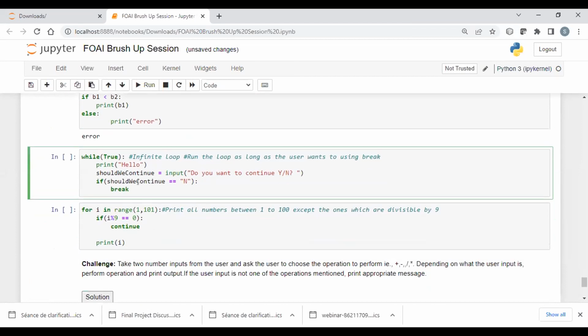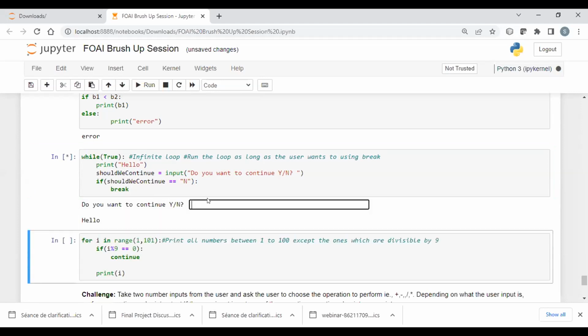Okay, now this is an example of an infinite loop. An infinite loop is a loop that will keep continuing until we break it or stop it. Let us see how it will work. It asks, do you want to continue?